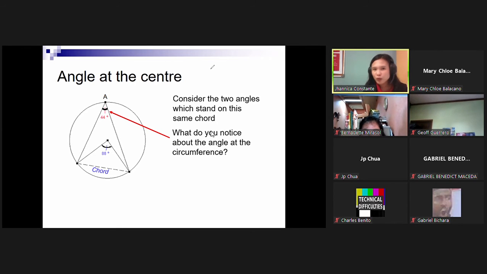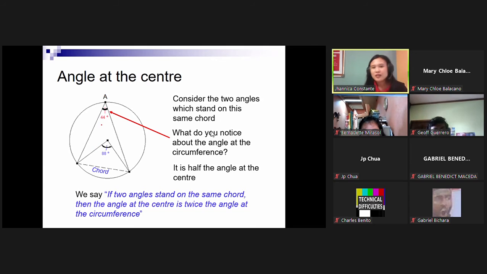So you're just going to divide the measurement of your central angle, which is 88, by 2. So that means it's equal to 44. So if two angles stand on the same chord, then the angle at the center is twice the angle at the circumference. For example,